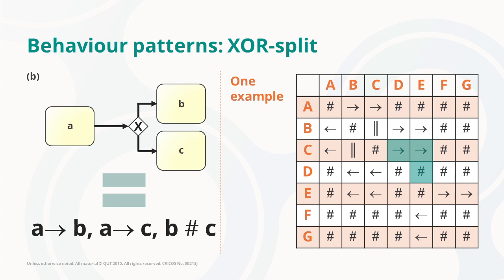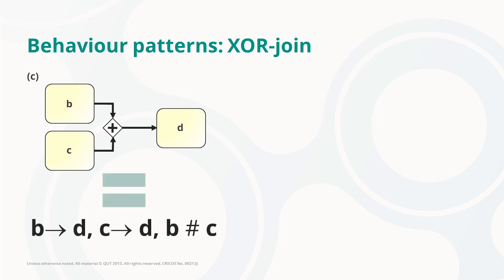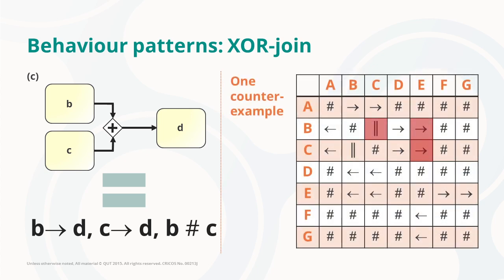The same idea can also be used to identify XOR joins. When we would observe an XOR join, in essence we need again 3 activities. Let them be called activities B, C, and D. And the relationships that we would expect between them is that B is directly leading to D, and that C is also directly leading to D, and that we would expect B and C to be exclusive to one another. In our case, we do not have an instance of that example here, but if you look at the matrix,